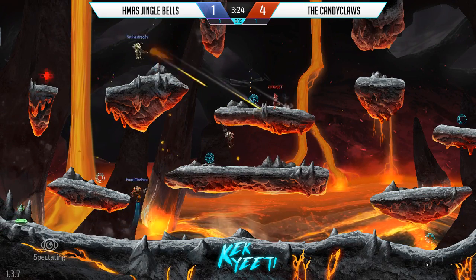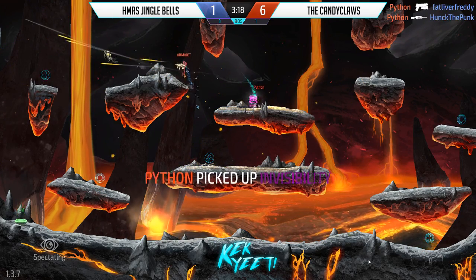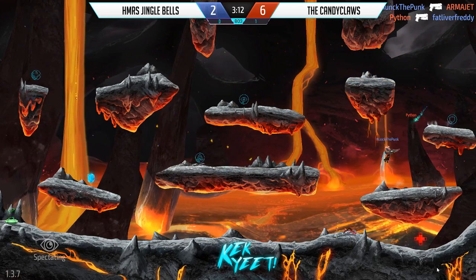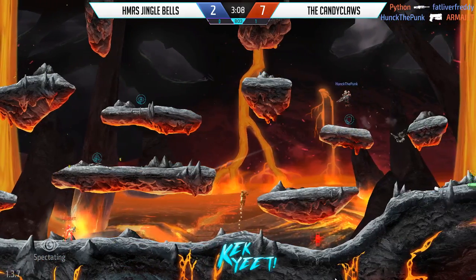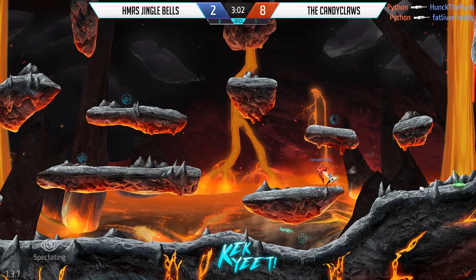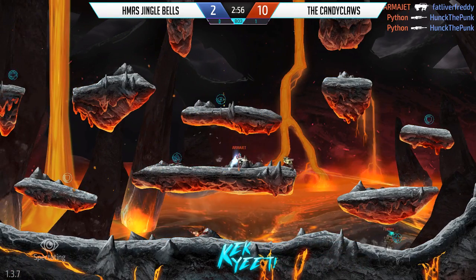You're in to win it. Spin to win. Python is on an absolute killing spree, and Candy Claws start as a mean to go on, taking a 6-1 lead in the first 45 seconds, Sean Austino. Yeah, it's pretty insane right now. At least we do have Jingle Bells getting some kills to their name. They've got 2 right now, but the way that Candy Claws is trading into them over and over again, especially with Python now actually getting 7 kills,